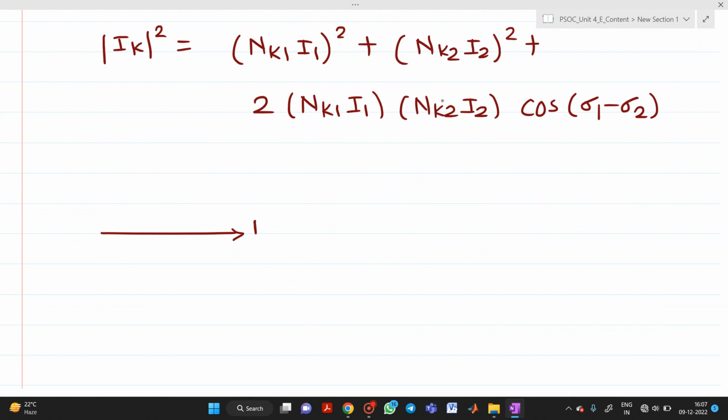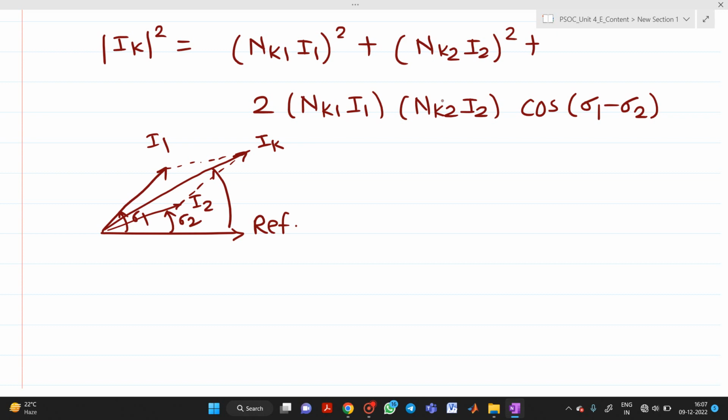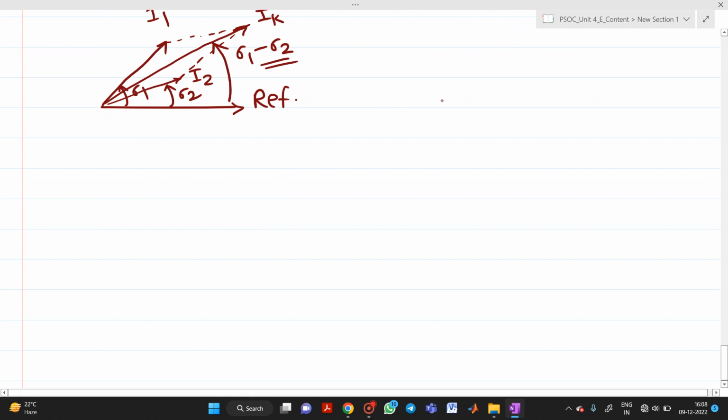This will be your reference. Then this was your I1, which we initially drew with the angle of sigma 1. Then let's say this will be your I2 with the angle of sigma 2. If you complete this, you will get a resultant current Ik. So this is the formula, and the angle in between here will be sigma 1 minus sigma 2. Now